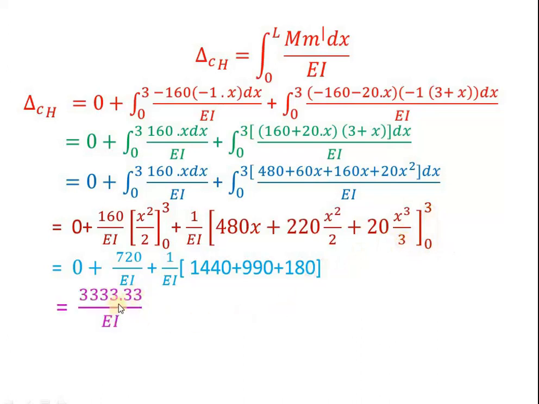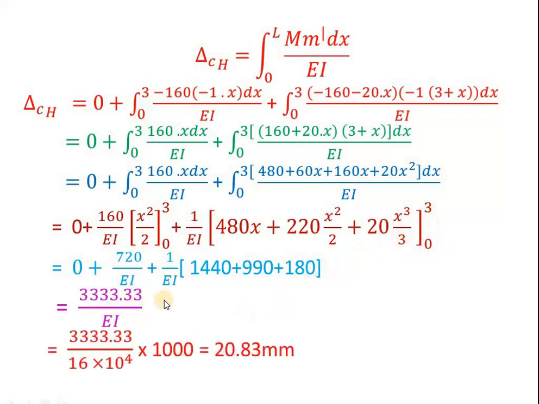Now, if you simplify that, you are going to get here 3333.33 divided by EI. Then substituting the value of EI as 16 into 10 to the power 4 kN meter square, multiplying by 1000, because only if you do this, you will get it in meter. Usually we put deflections in mm, therefore we have to multiply by 1000. You are going to get here 20.83 as the deflection at C in the